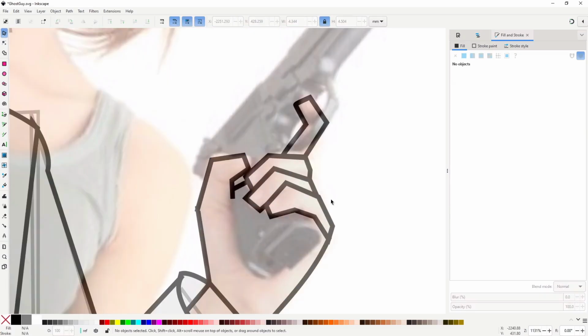Okay, we got the hand. Now it's time for the pistol. The truth is that I didn't find a proper reference for the pistol in this angle, and I didn't think it was that important, so I just improvised it. And in the end the result wasn't that good, but I didn't want to spend that much time on